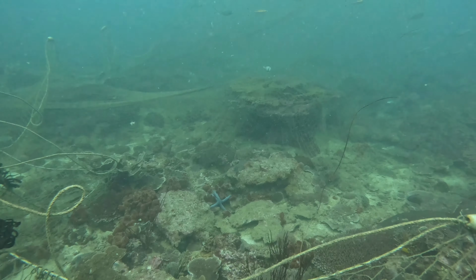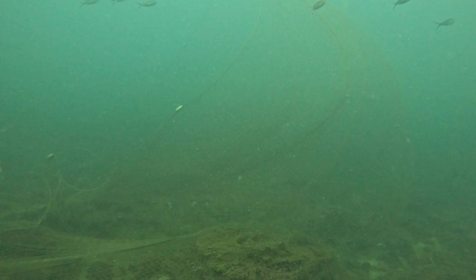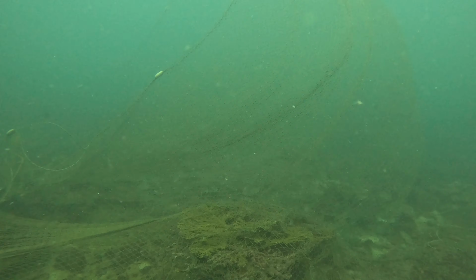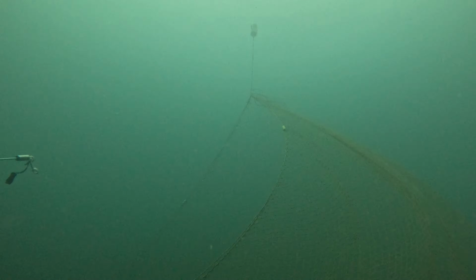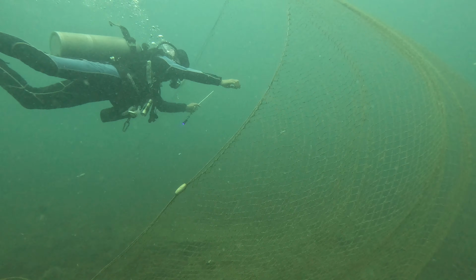What we did was, us and the Malaysian team, we dropped back down and started cutting the nets, because unfortunately where this net is located is in a marine park where no fishing is allowed. So we go back down with knives trying to take them out, remove the buoys, and putting markers down ourselves with GPS coordinates for the marine park to come and actually